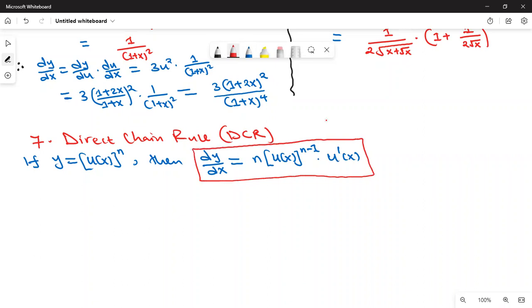So what happens, you start by differentiating the outermost bracket. Once you get the derivative, you multiply by derivative of whatever is in the innermost bracket, that is u of x, which is now u prime of x. So I'll give you some examples to illustrate this direct chain rule. So examples: